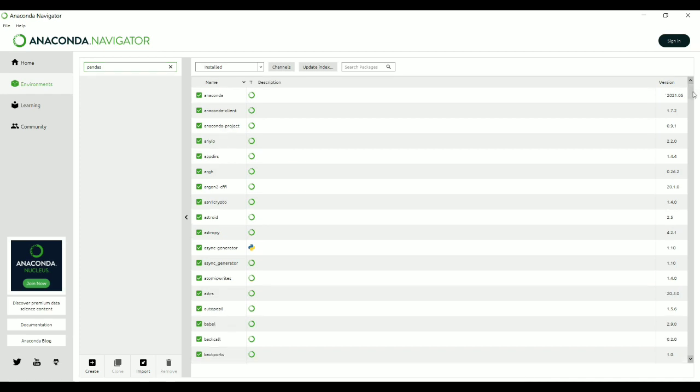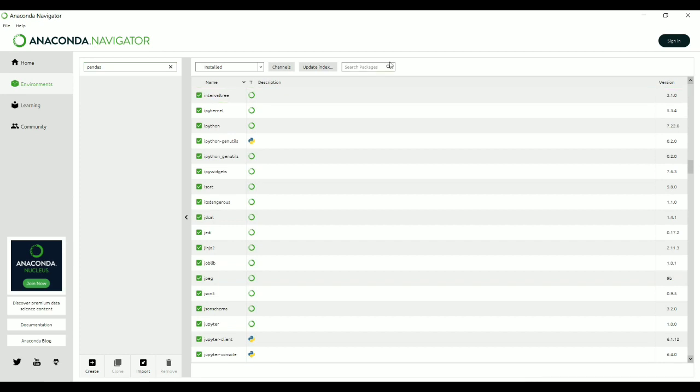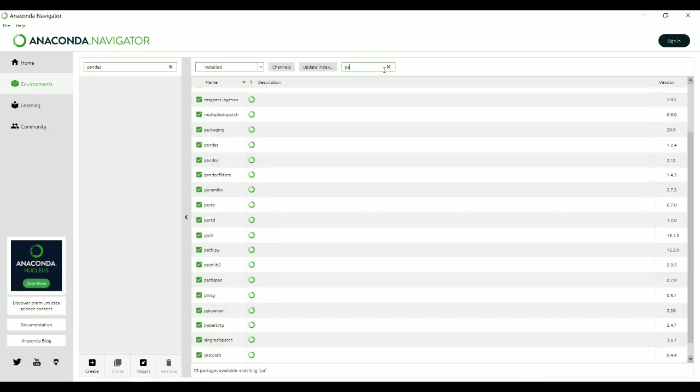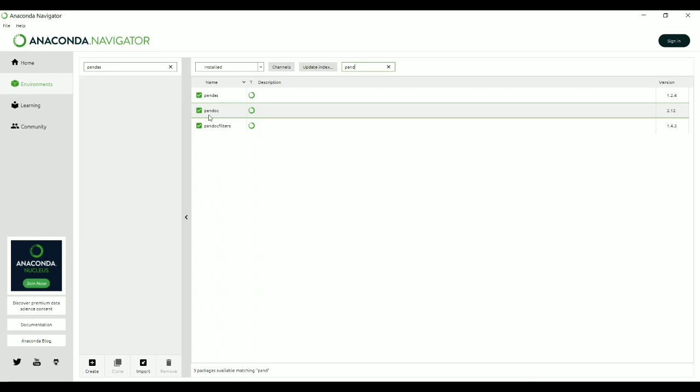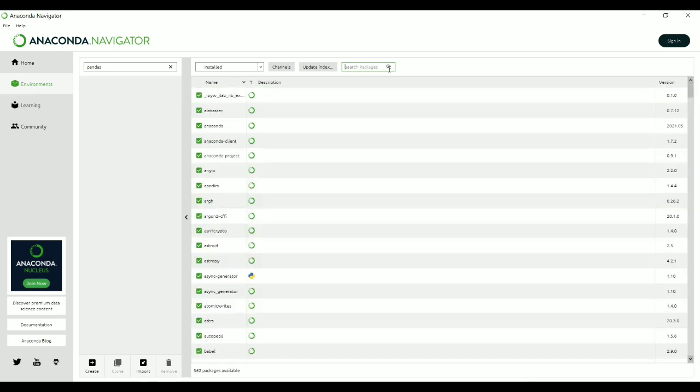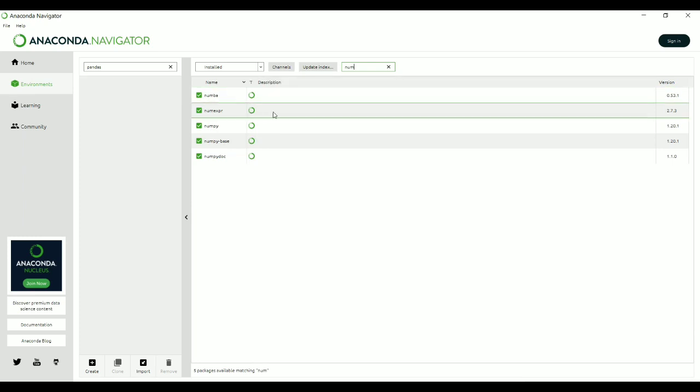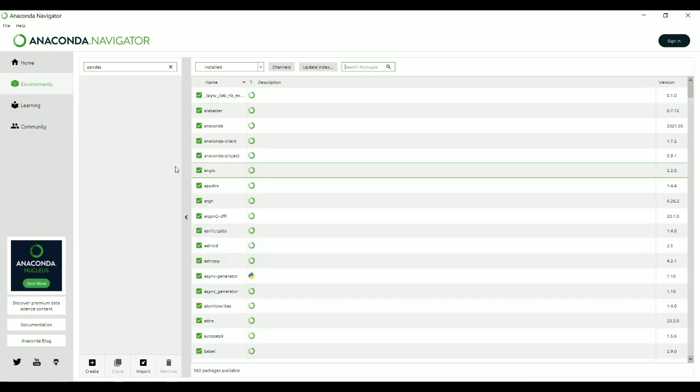You can check that different packages are already installed here. NumPy is another package, and it is installed. So you can search for any specific package and check whether it is installed or not.